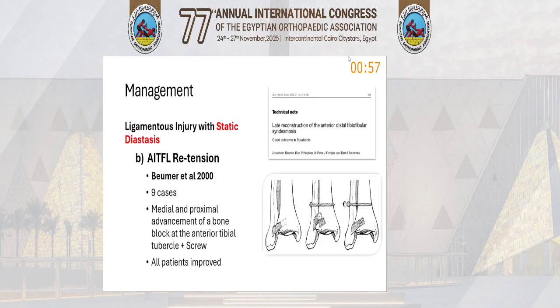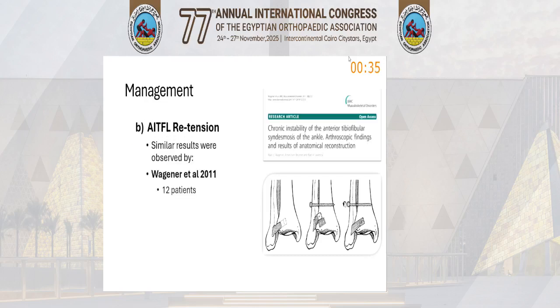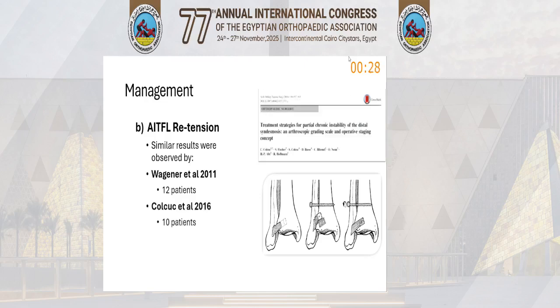Other options, not only fixation, yes. We can do AITFL retention in chronic cases, like Boimer et al. in 2000, 9 cases, with medial and proximal advancement of a bone block at the anterior tibial tubercle, making a screw and adding also a syndesmotic screw. All the patients improved in his study. Similar results were observed in Wegner et al. in 2011 on 12 patients, and Colcook et al. in 2016 on